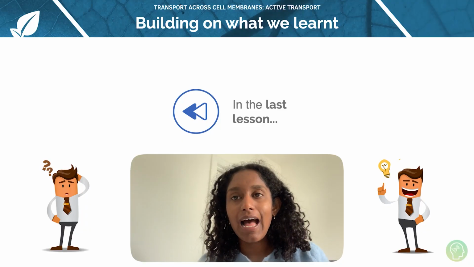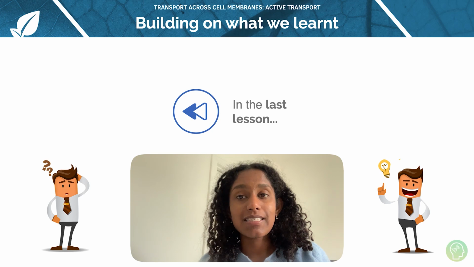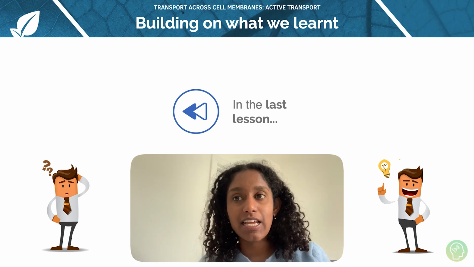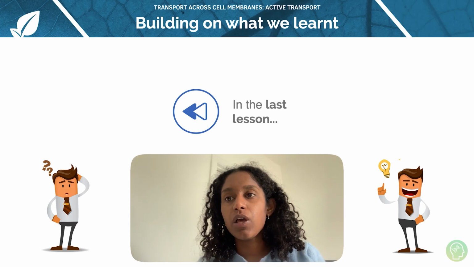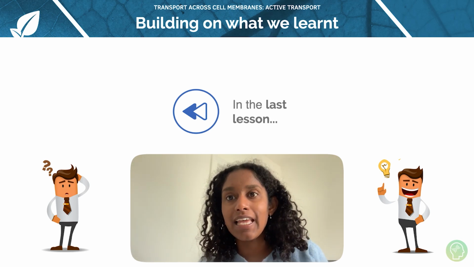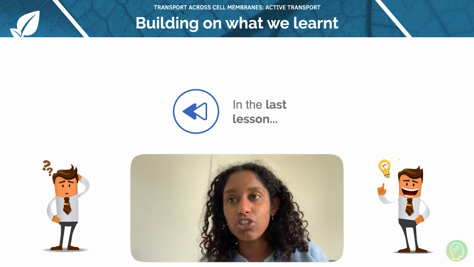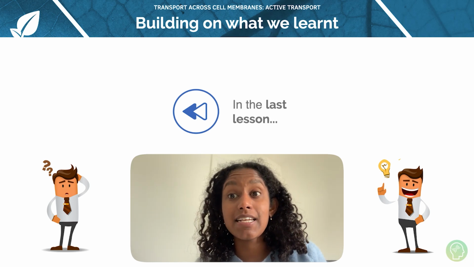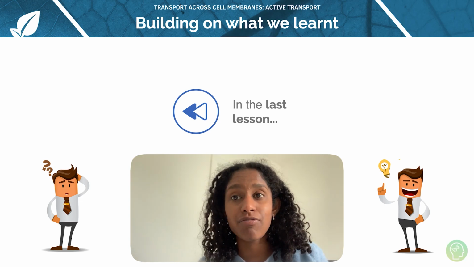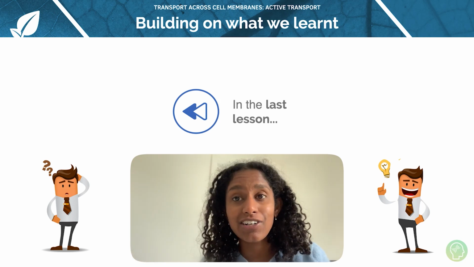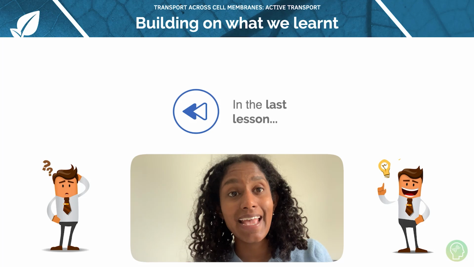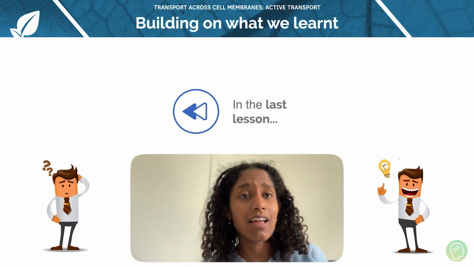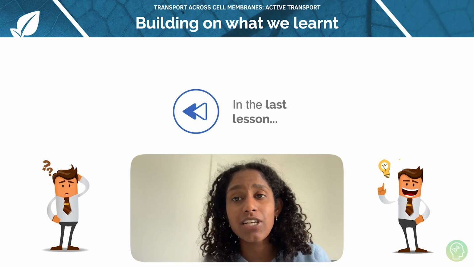So just to recap what we did in our last lesson, we learned how to investigate transport across cell membranes using different models. We looked at how agar jelly composed of an alkaline solution and phenolphthalein can be placed in an acidic solution to investigate the rate of diffusion. So remember, our agar jelly contained that alkaline solution. Phenolphthalein was our pH indicator, so it made our agar jelly a lovely pink colour when the agar jelly was